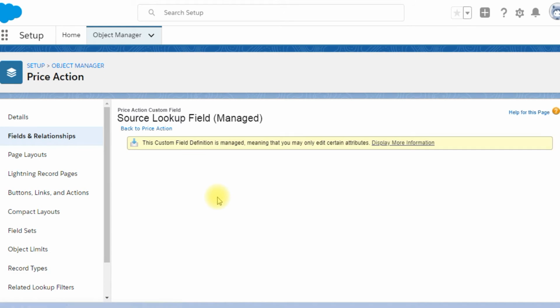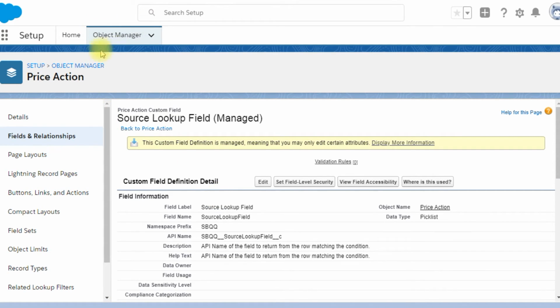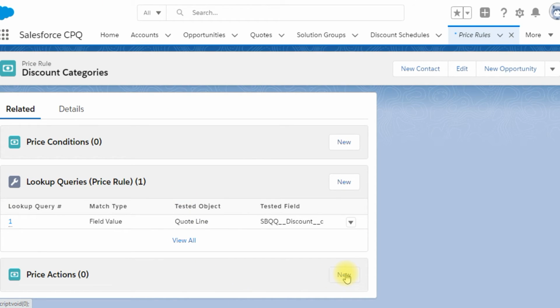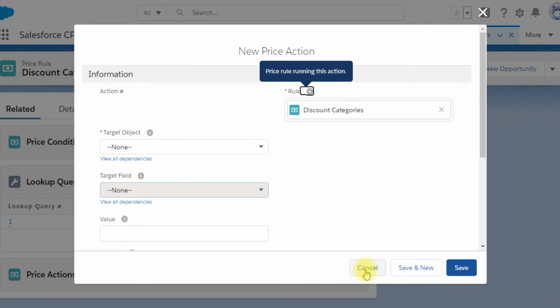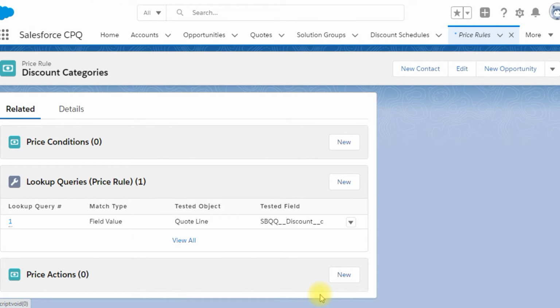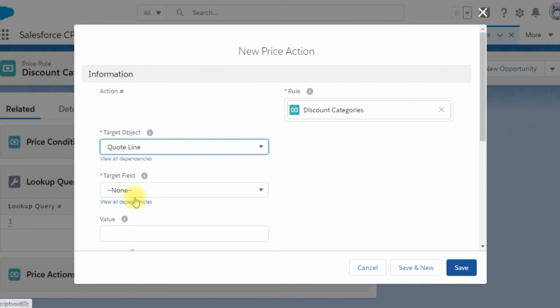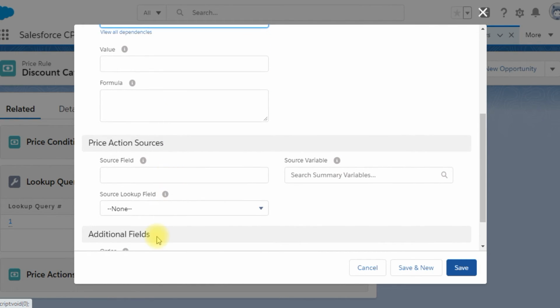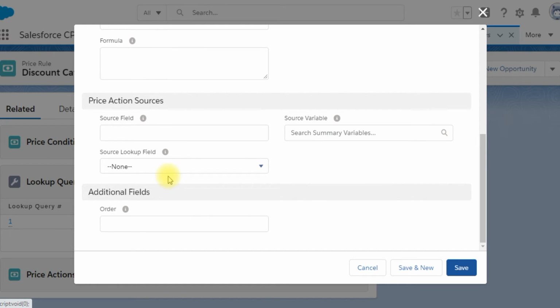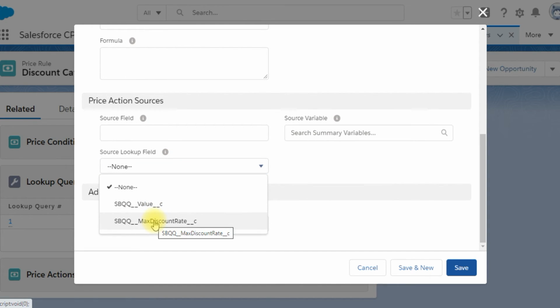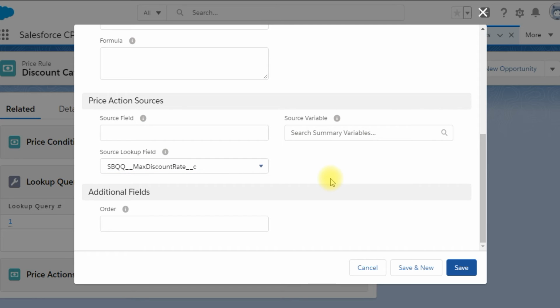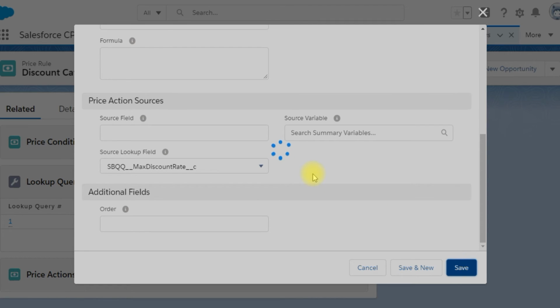Now hit save and go back to the price action record. And here is the source lookup field. So we need to add the max discount rate. And you are done with the discount category setup.